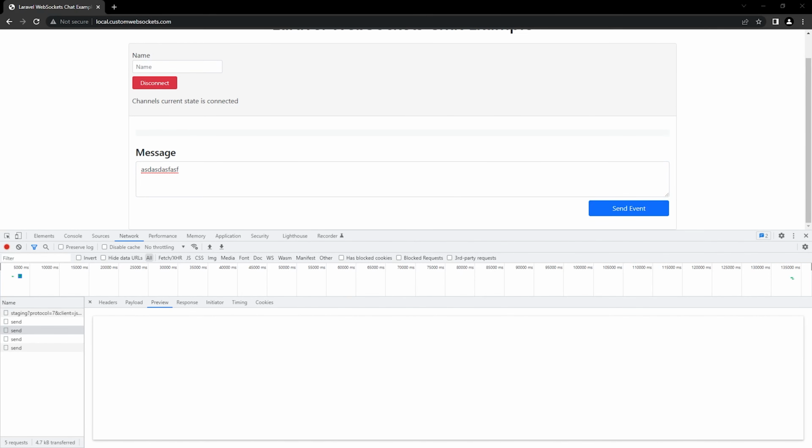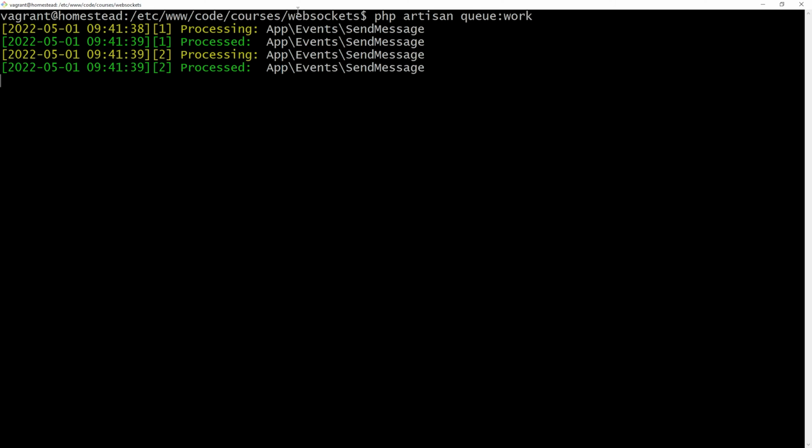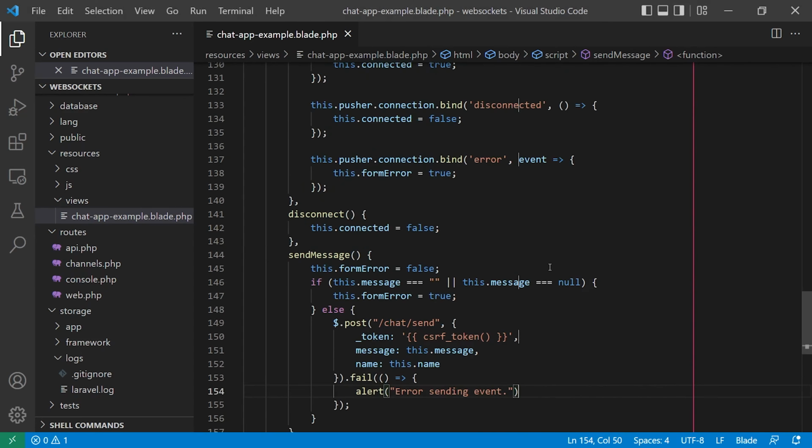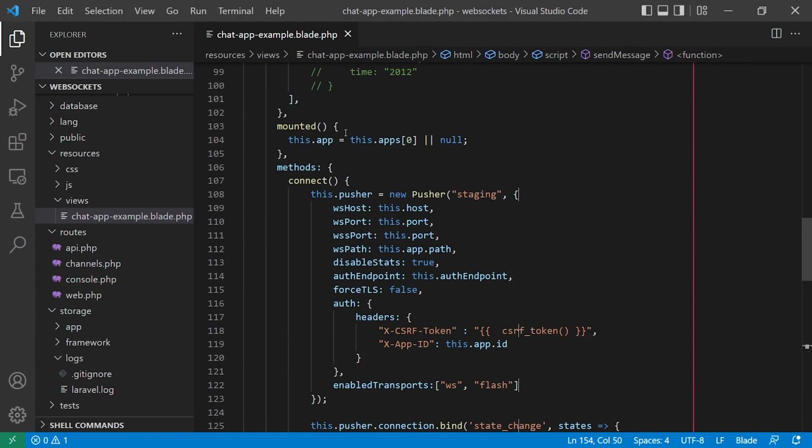And let's go back to our terminal. And you can see here our apps send message is being processed. So on our front end, we will need to listen to this, and we will need to display the event once it's sent. Now let's go back to our front end code,